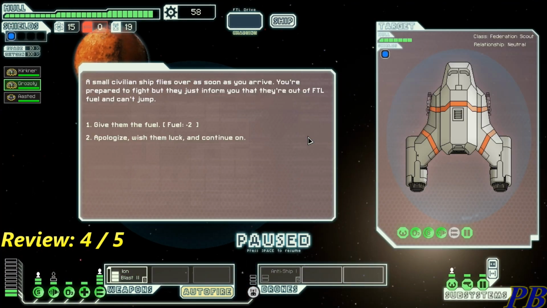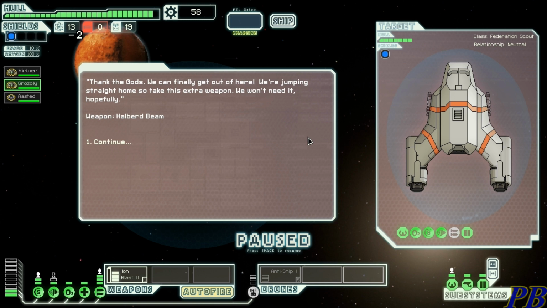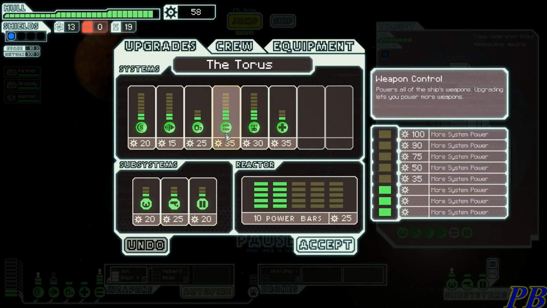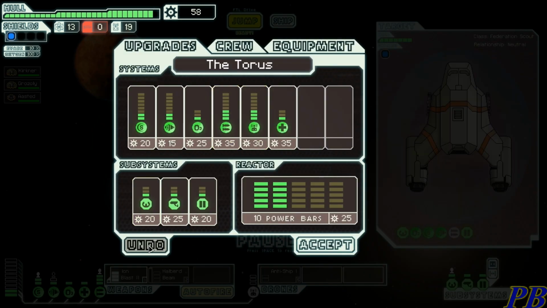For a little pro tip, if you have a problem with people boarding your ship, because sometimes you can have an event where a ship comes up and they'll teleport people to your ship, or just out of nowhere, raiders will come on board and start attacking you. Oh look, we helped these guys out and they gave me a halberd beam. How awesome is that? So if you have a problem with that, basically what I would recommend for you to